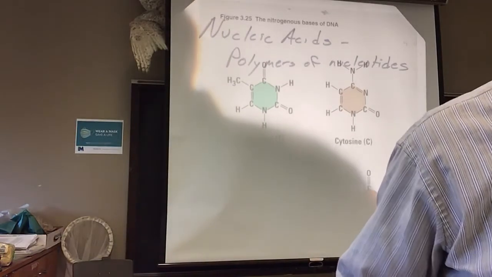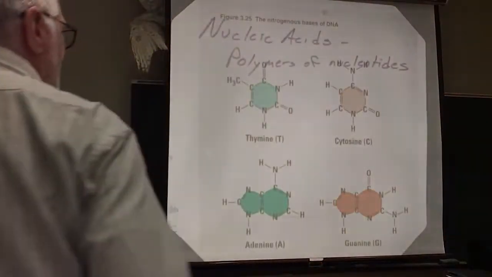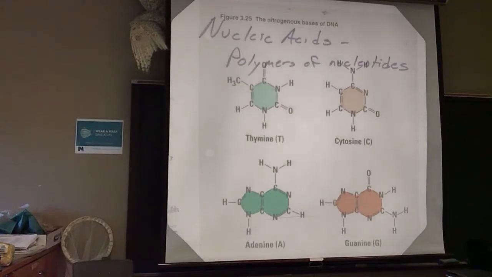I don't expect you to be able to recognize them. This is just me explaining things more than I probably should explain things. But you've got 4 major nucleotides in DNA. You've got adenine, you've got cytosine, you've got guanine, and you've got thymine. Now,